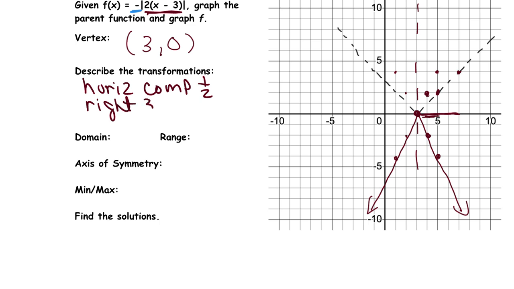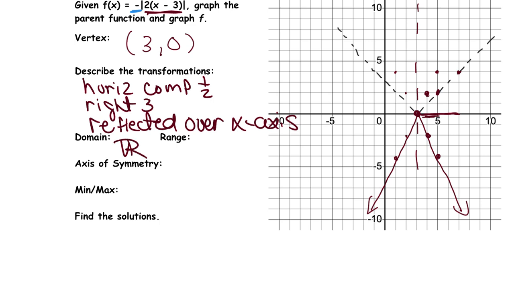Right 3, good. And then the negative on the outside? Reflected over the x-axis. There you go, reflected over the x. Domain? So in none of these does the domain change. Range, be careful. It's 0 to